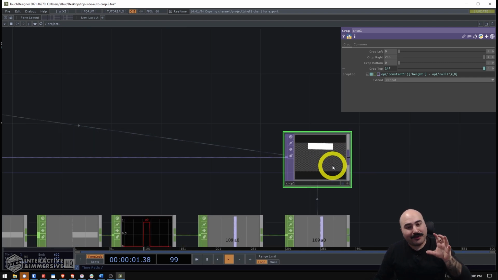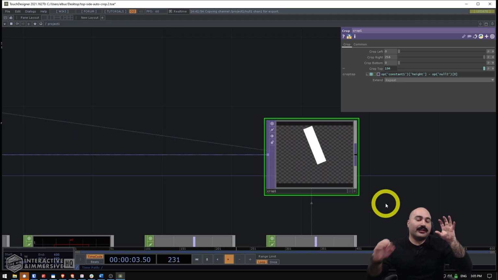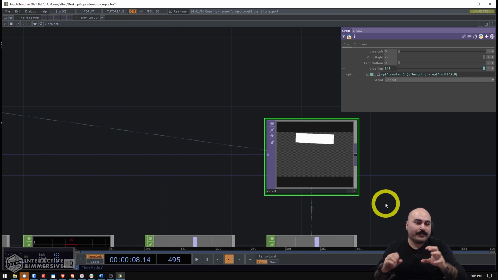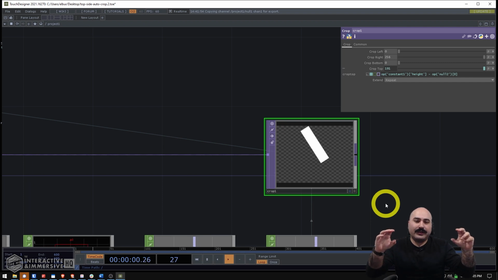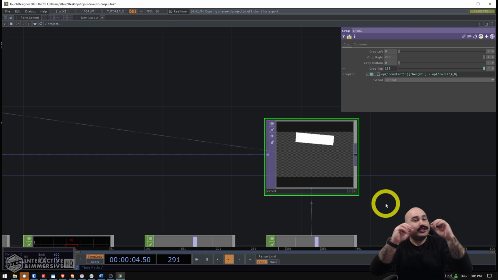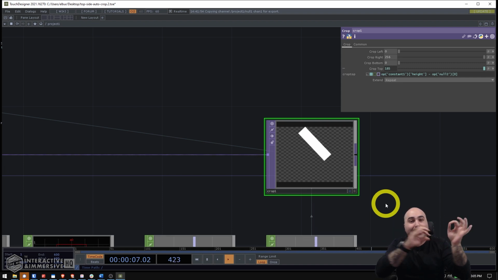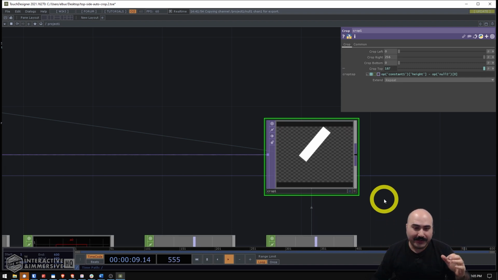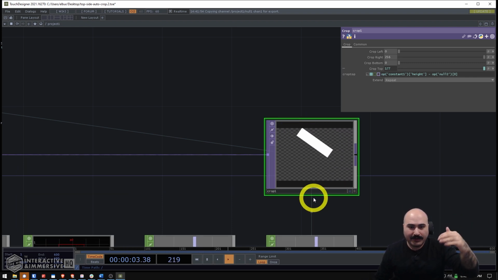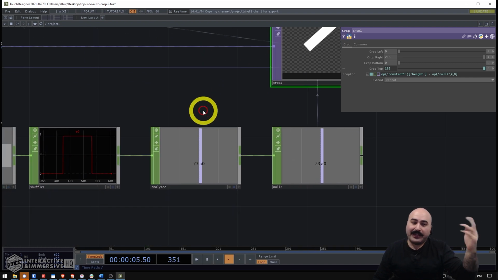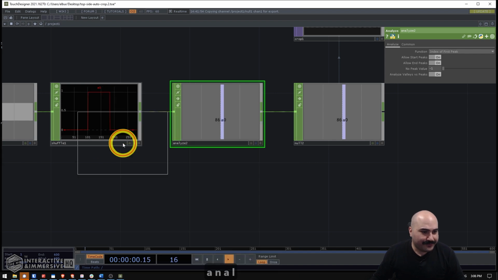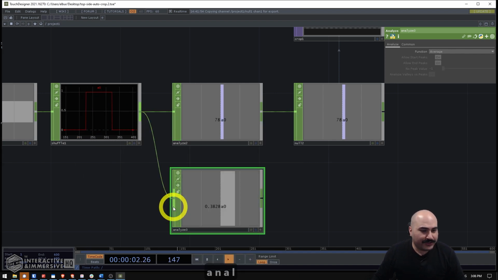Now, the reason I say we're 80% of the way there is because a good way to imagine a lot of these problems in TouchDesigner when you're working on them is if you figure it out once, usually you can copy and paste that solution and change some of the inputs to make it work for other elements of what you're working on. So for example, now that we've got this top to bottom cropping, cropping the bottom is going to be very easy because like we already saw, if I make another analyze chop here and connect my shuffle to it,